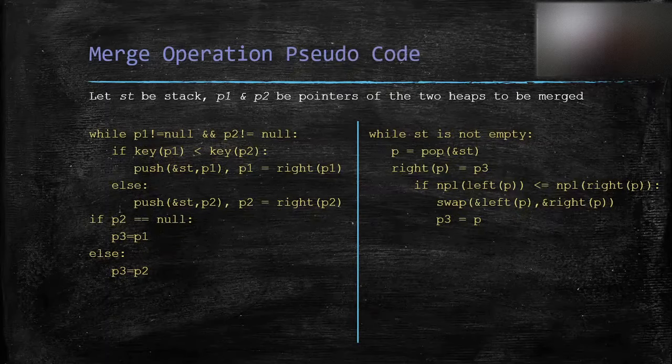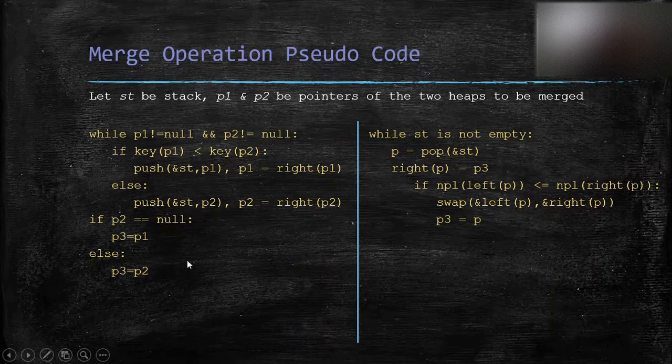There's a pseudocode for the same, which I already explained. Here, P1 and P2 are the pointers of the two heaps to be merged, while P1 is not null. As I mentioned, if any of them is null, then we have to stop. That means both must not be null. And if key of P1 is less, then we push P1, else we push P2, and we move to the